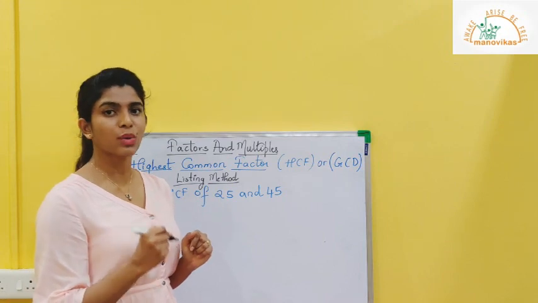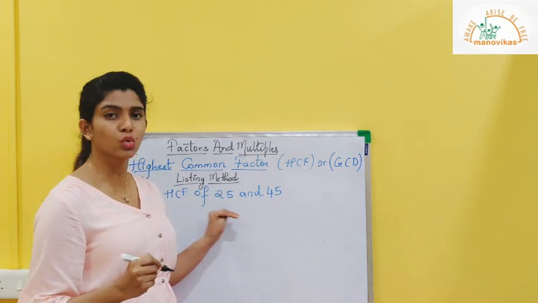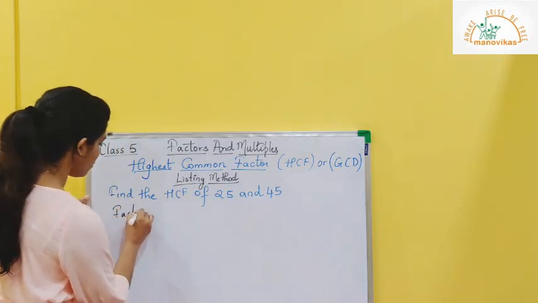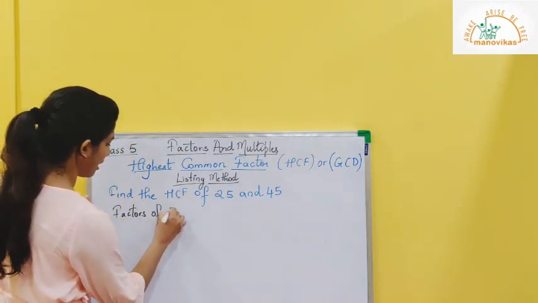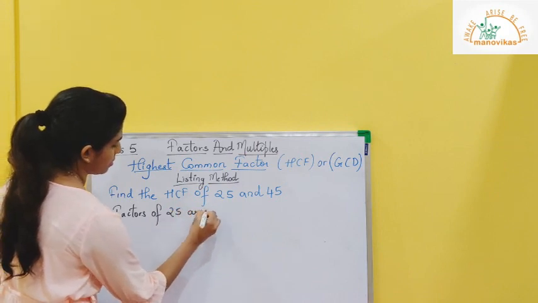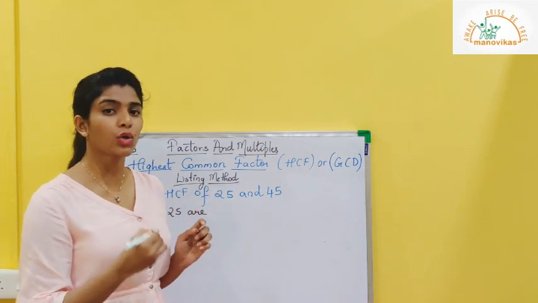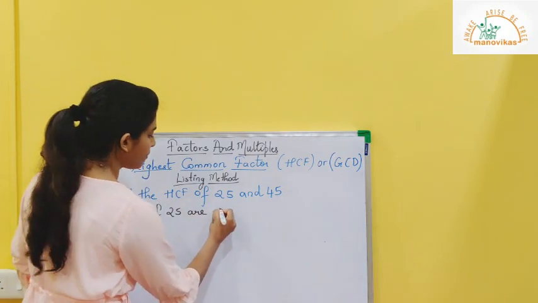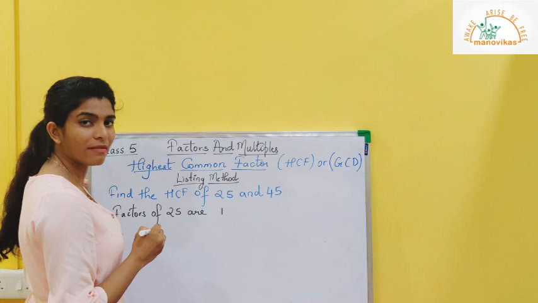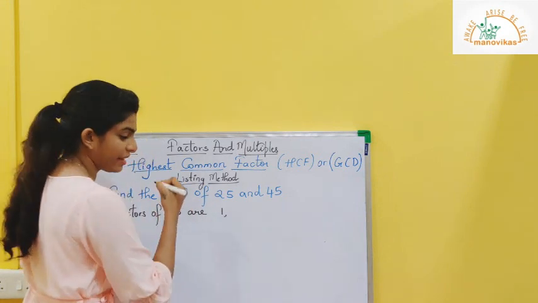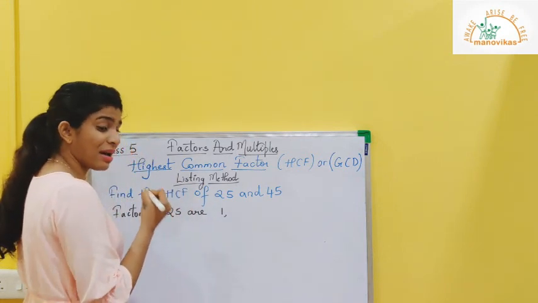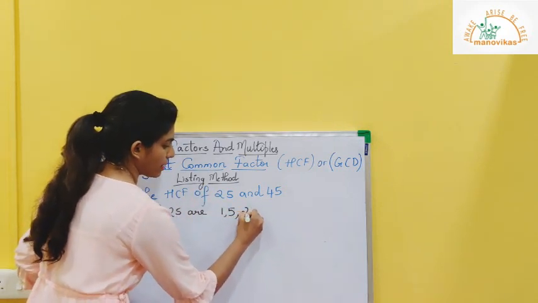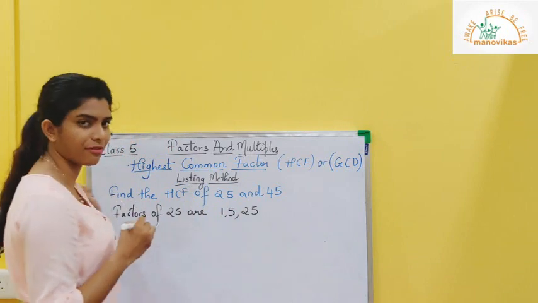Now the first step is you have to find the factors of these two numbers. Okay, so we will write factors of 25. What are the factors of 25? By now you know how to find the factors of a given number. So I will write here 1 25 is 25. Then is any other number coming? Yes. 5 5 is 25. So I write 5. Any other number? No. And the next number is 25.